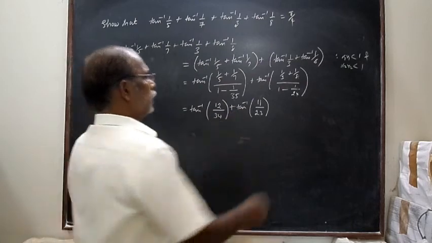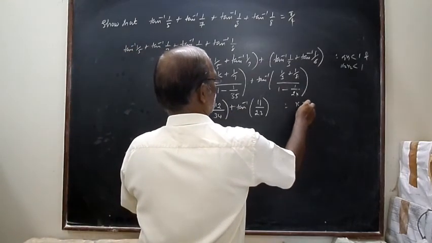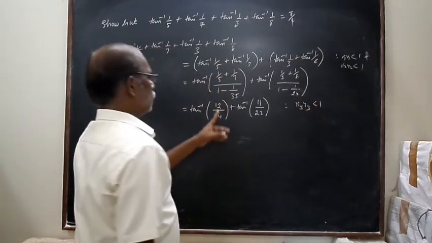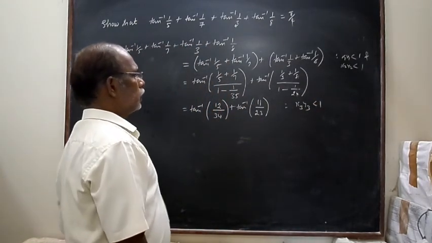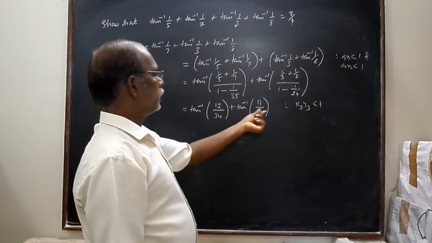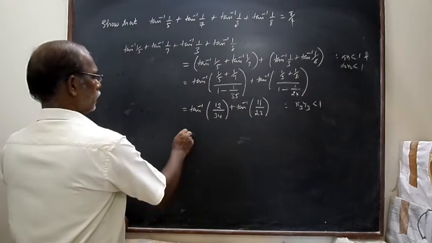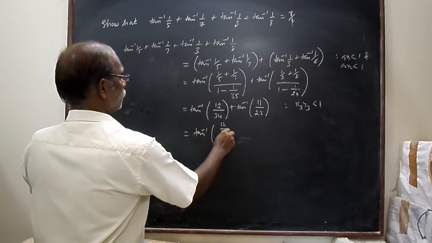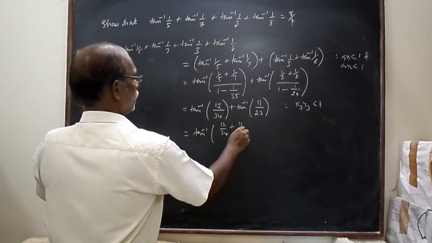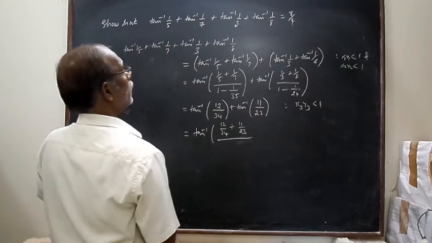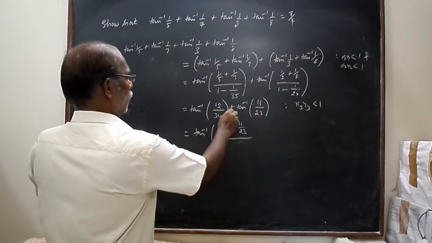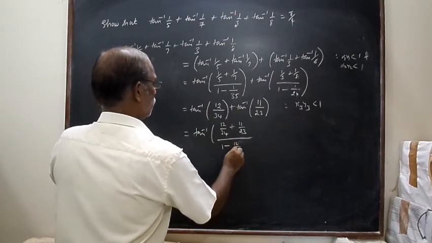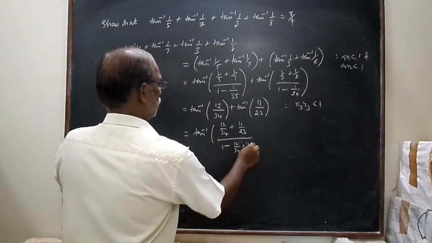Here x3, y3. So x3 into y3 is again less than 1. So 12 into 11, 132, is less than 34 into 23, which is a large quantity. So again we can apply the standard result: (12/34 plus 11/23) divided by (1 minus 12/34 times 11/23)